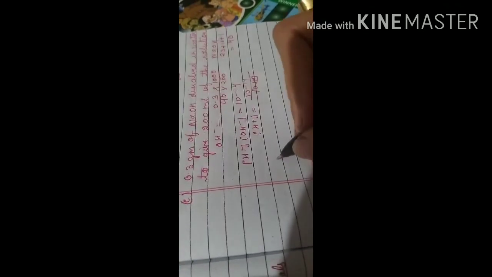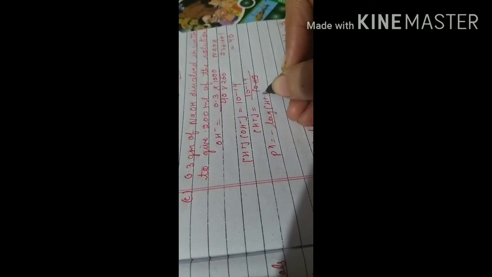Okay, now what you have to do when you get the OH ion concentration, either you find out the H plus ion first by using the formula H plus into OH is 10 raised to the power minus 14, it's up to you. So after finding the H plus ion concentration, simply you can put it in the formula for pH. Okay, so in this way you can get the answer, pH is equal to negative logarithm of H plus ion concentration.